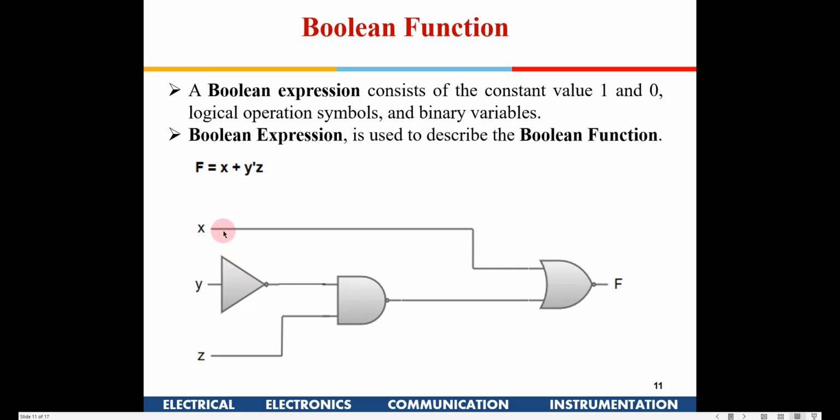Okay, that is x is equal to y bar z. This is a Boolean expression, this is a Boolean function. They can be realized in gates like this, right? x OR, and then y bar z. There is a bubble out here, and there is a bubble out here. You can neglect that, there is an error.